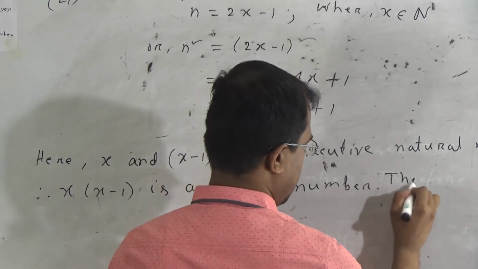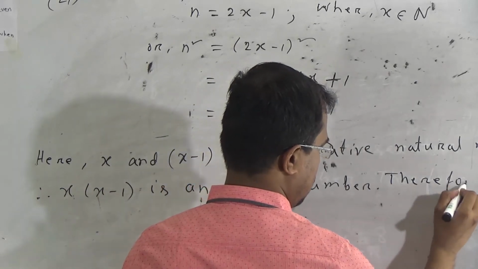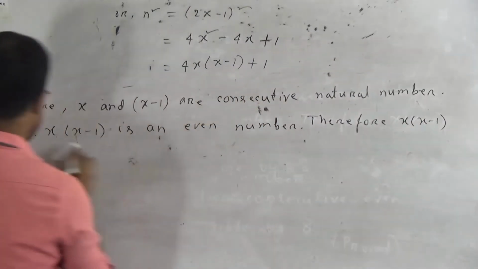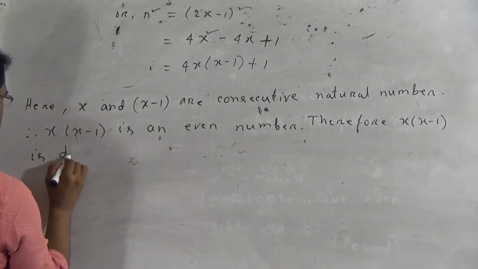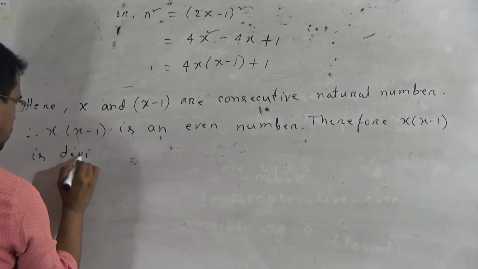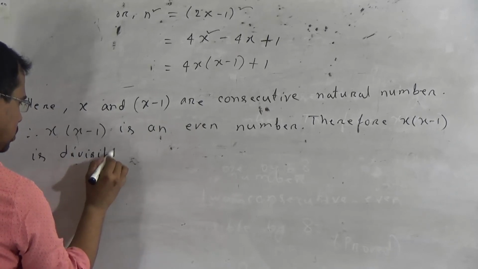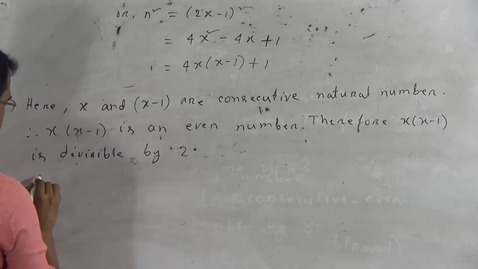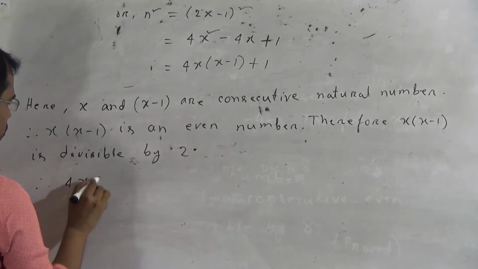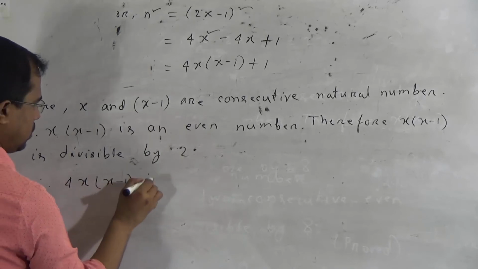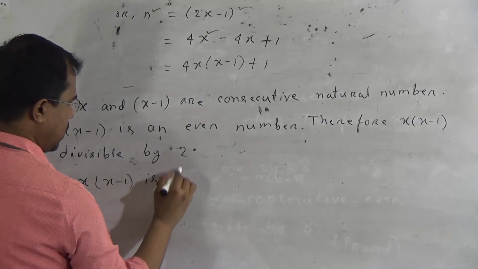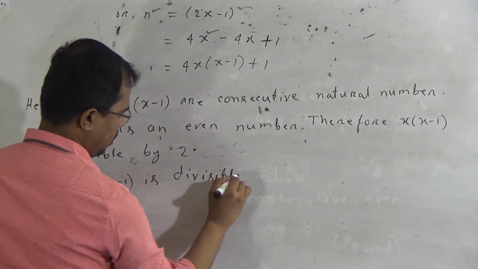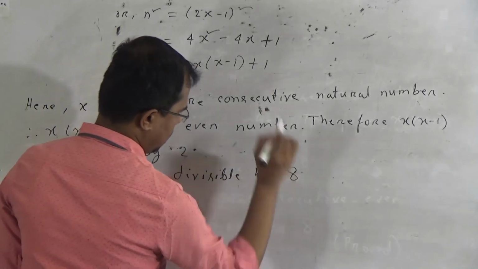Therefore x into x minus 1 is divisible by 2, and therefore 4x into x minus 1 is divisible by 8,